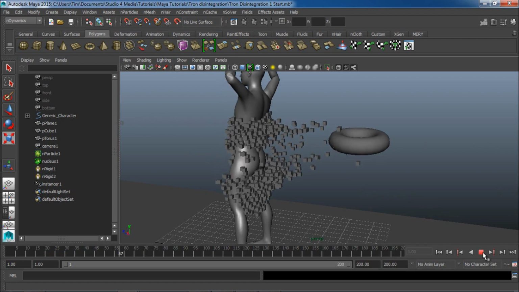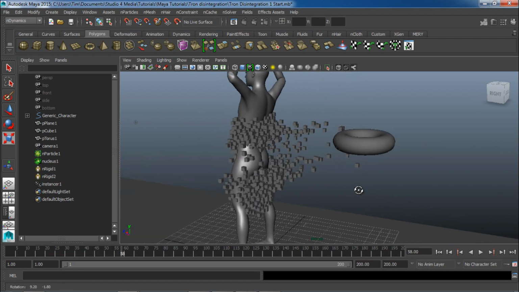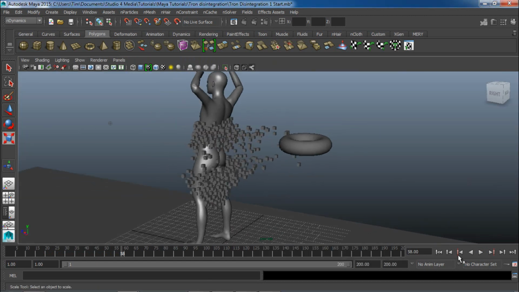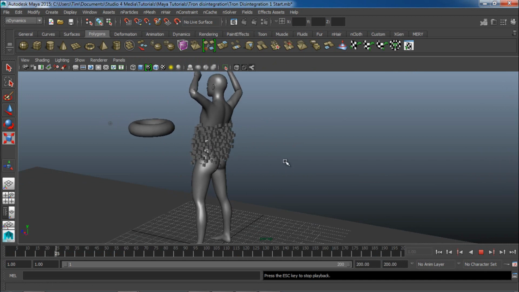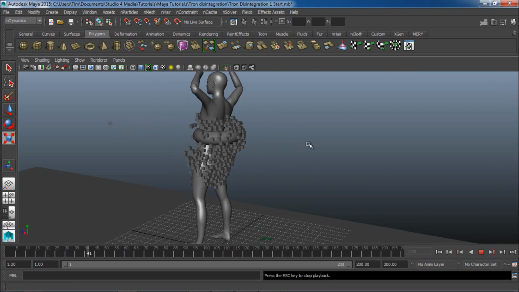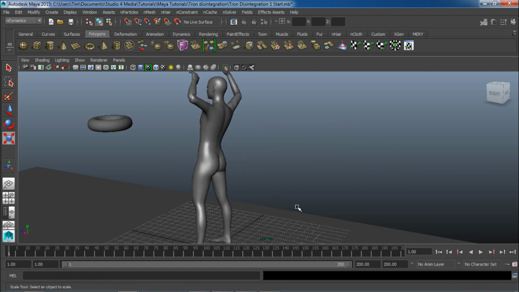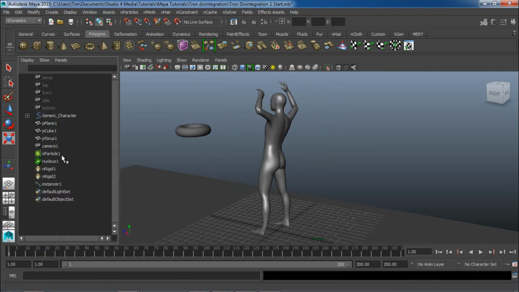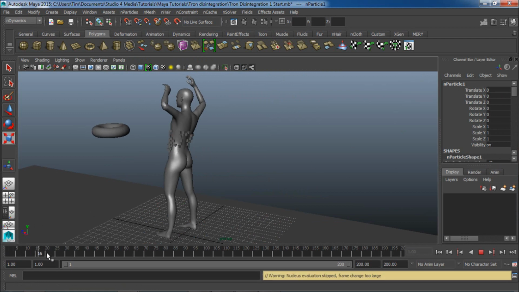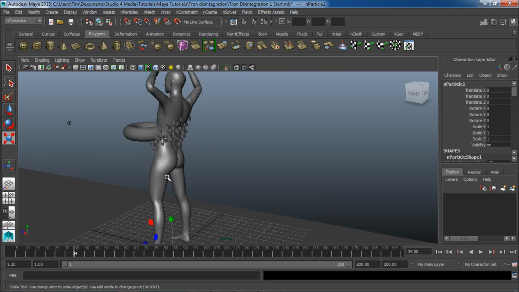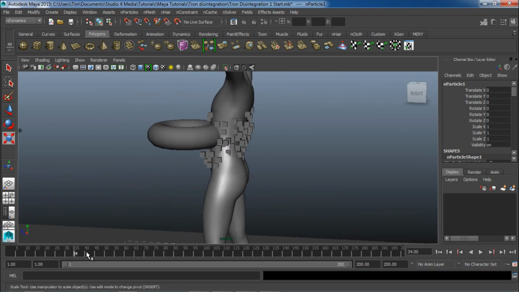squares go flying. So now let's go ahead and take a look at what we can do to make it so the squares aren't always there and falling, and they only need to show up right when this thing hits. And it's real simple. We will select our particles. Let's bring out the channel box editor here, and as we scroll through, right about there, right when this thing intersects, so I'd say frame 34, with our particles selected,